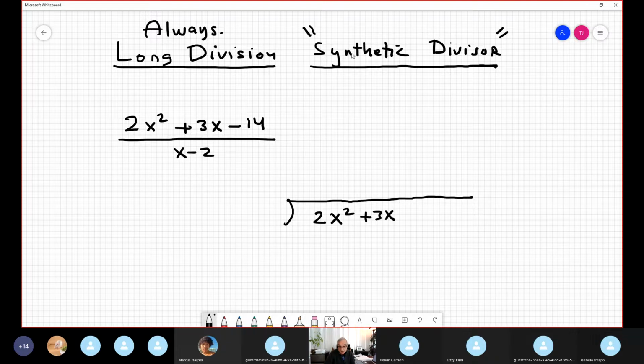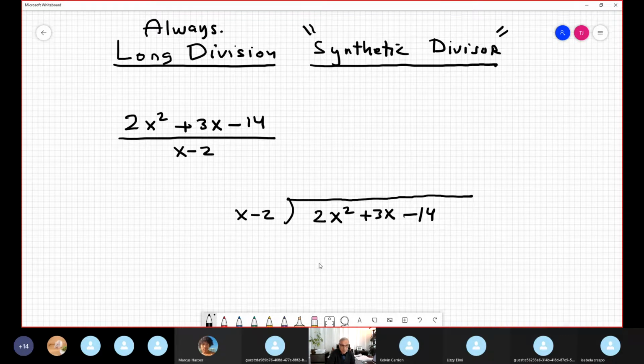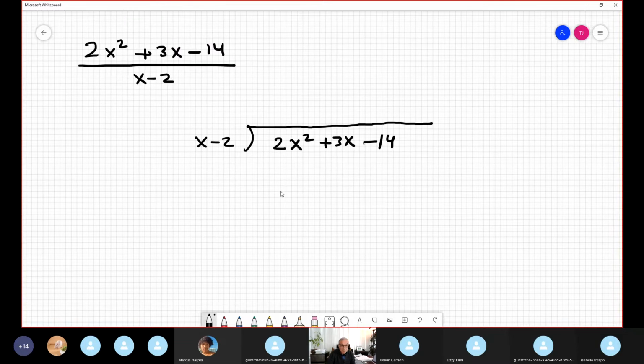Let's call it the dividend, inside the box. And you put the expression at the bottom, the divisor, outside the box. And you start the long division. So you need to find one expression that, multiplied by x, gives 2x squared. It's obvious it's 2x, because when you multiply this times this, and after this times this,